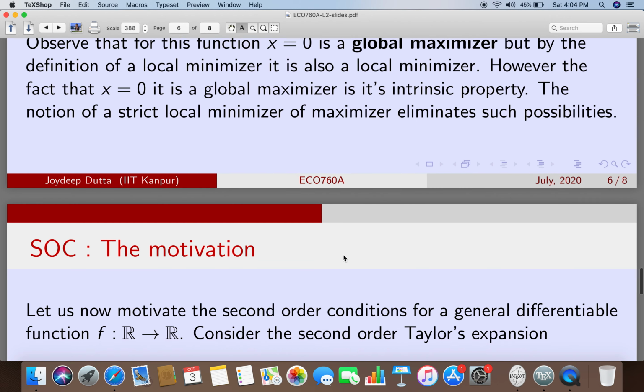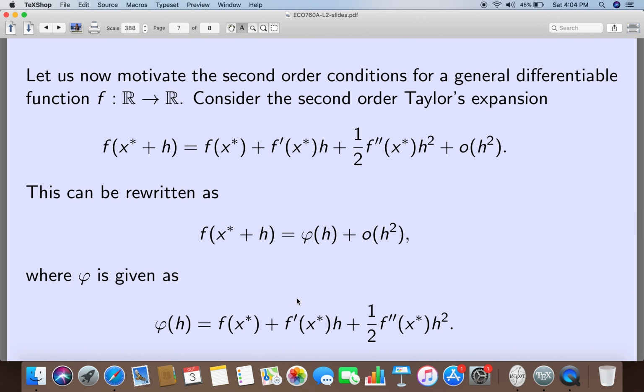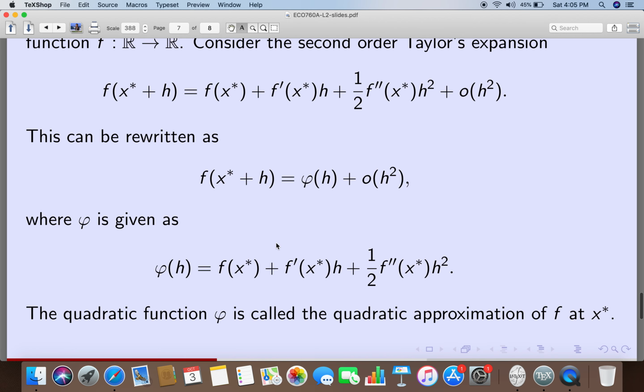So please understand that the second derivative lies in this quadratic approximation part. This phi of h is called the quadratic approximation of f at x star. So this is a quadratic function of h, and this minimization of this quadratic function is the key to our understanding of the second order condition,